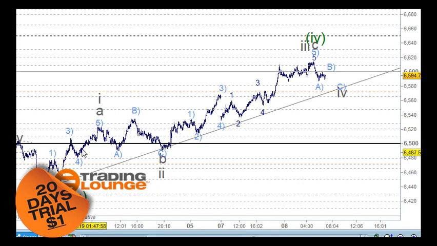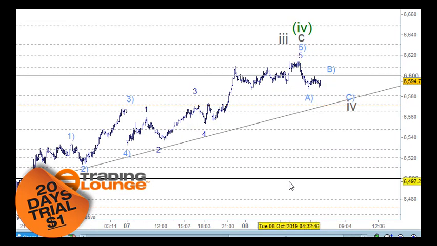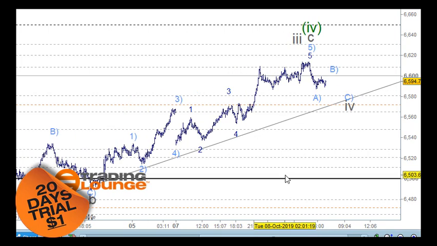So 1 and 2 and 3 and 4 and 5 for 1, ABC for 2 here, and then 1 and 2 and 3 and 4 here, and then an extension in the next wave, which is 1 and 2 here and 3 and 4 here, and then extension in this 5th wave of 1 and 2 and 3 and 4 and 5 here, and then we're going through this ABC pattern here